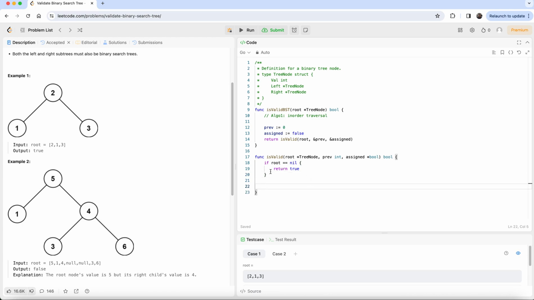And now first we'll start with this, and this is the in-order traversal. If it is not nil, then I need to call the left. I want to go to the left, so let's call this. Let's say left is equal to this function isValid, and then root, whatever is the previous, whatever is assigned. So I call this left. I'll just take this for example. So it goes here, 1,